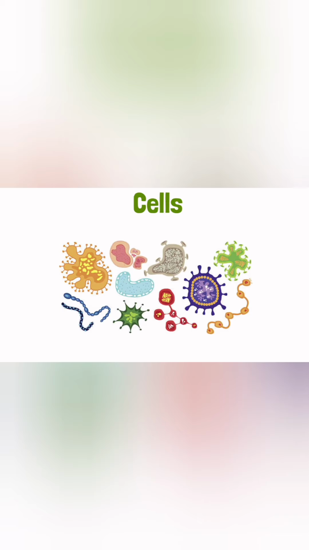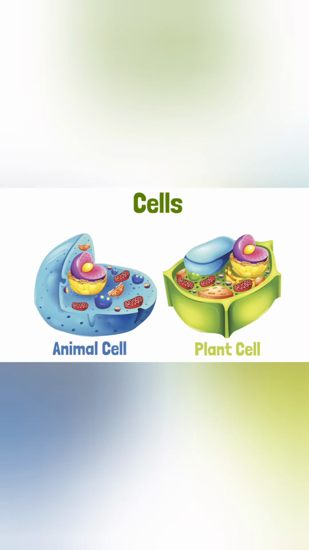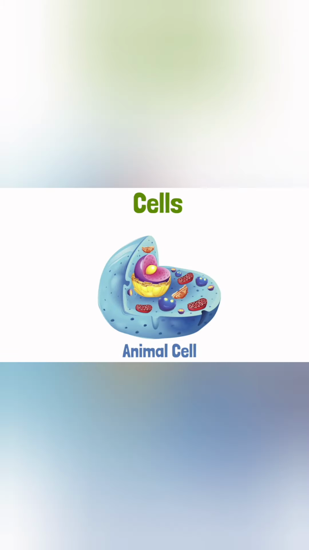All living things are made up of cells. Cells are so tiny that we can only see them with a microscope. In this lesson, I am going to show you the different parts, or organelles, of animal and plant cells. Animal and plant cells have similar jobs to do. They take in food, release energy, get rid of waste, grow and reproduce. Their structures, however, are not the same. Let's start with the animal cells.